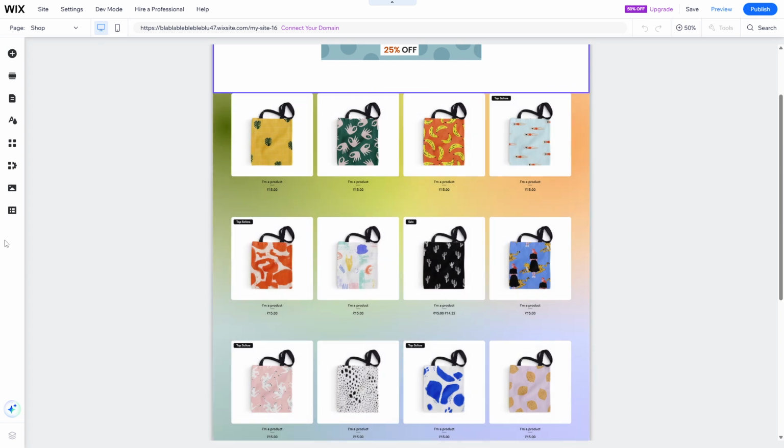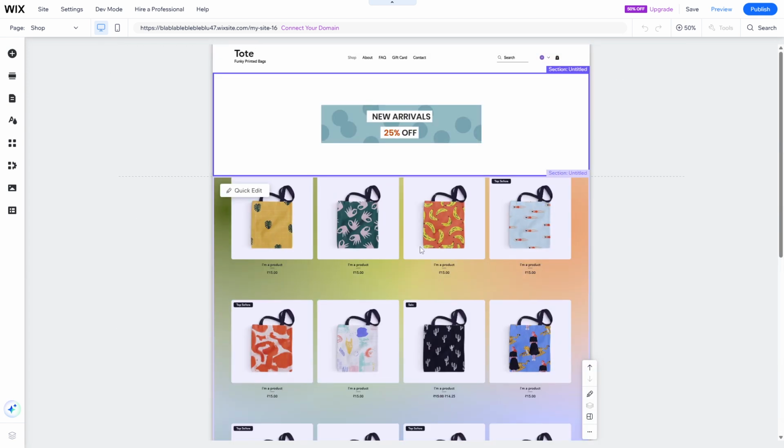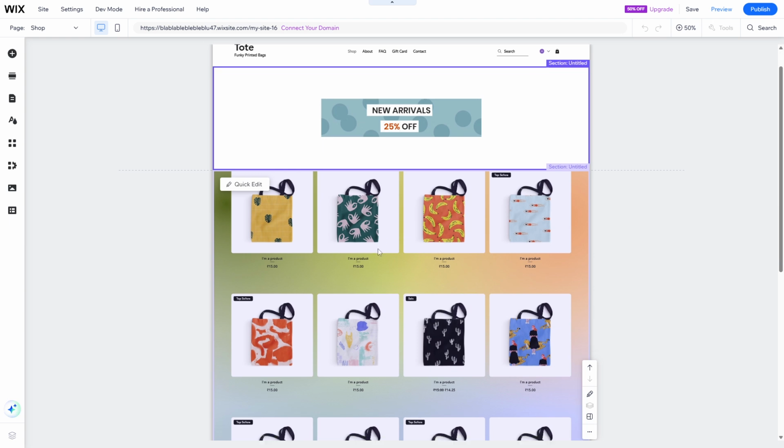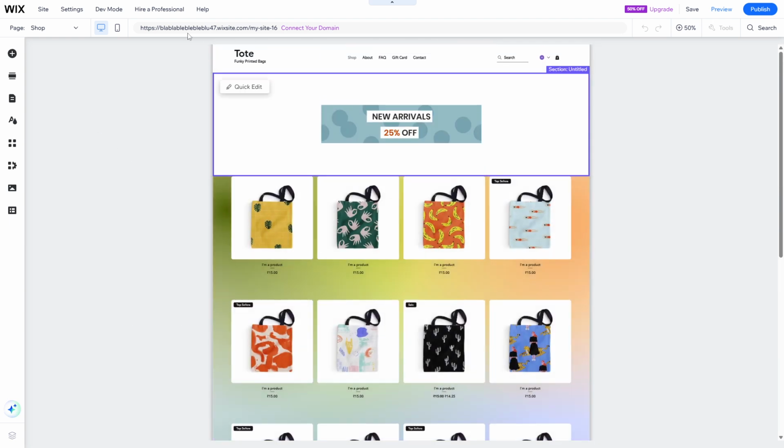First things first, you'll need to access the Wix editor. Begin by logging into your Wix account, where you'll be greeted by your dashboard. Here, you'll find your website prominently listed. Simply click on Edit Site, which will open the Wix editor interface. This is where all the magic happens, and where you can add, adjust, and fine-tune elements of your site to